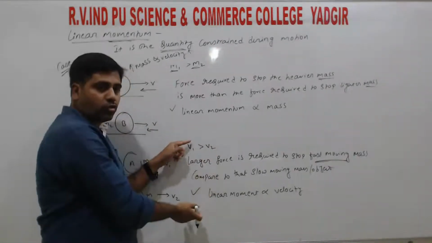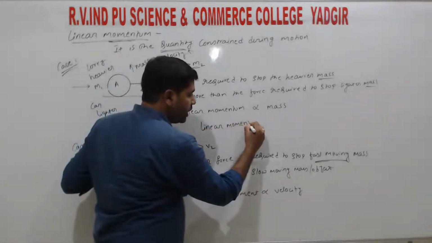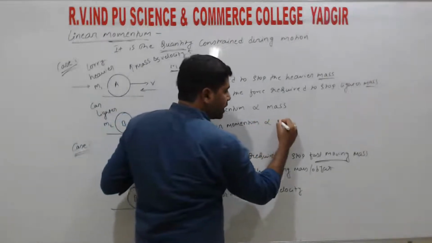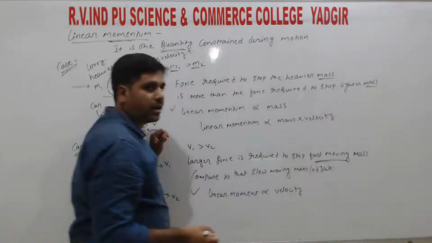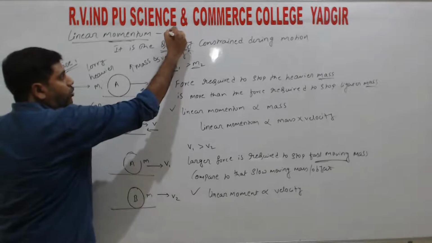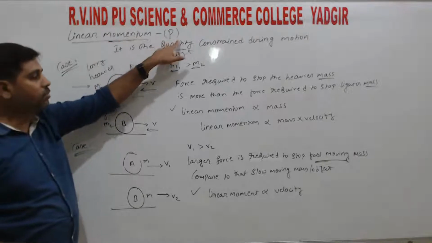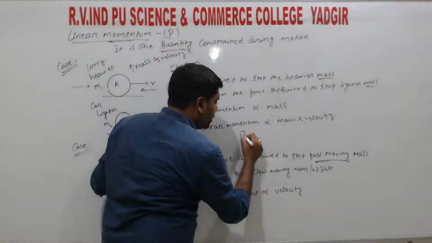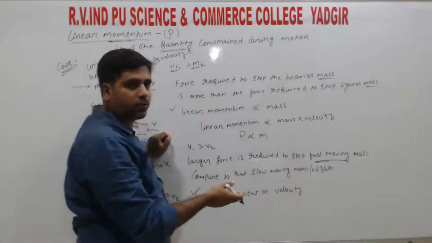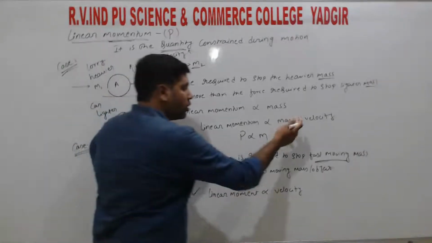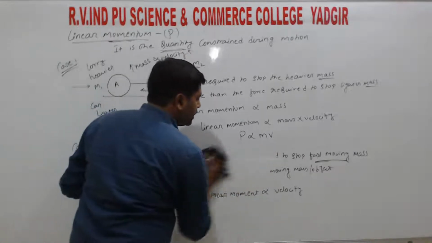So combining these two relations, we can write that linear momentum, or simply momentum, is directly related to mass into velocity, right. So linear momentum is denoted by the symbol p, right. So momentum is always denoted by the symbol p. So p is directly related to mass, and mass is denoted by m, either small m or capital M, right. Velocity we know is v, right. So now if we remove the proportionality constant,